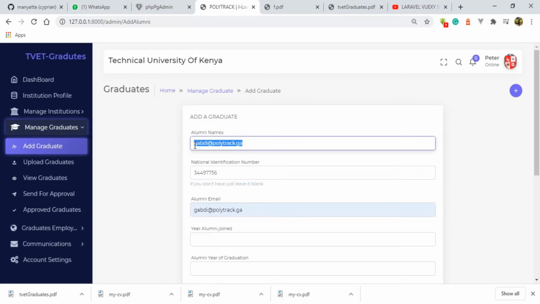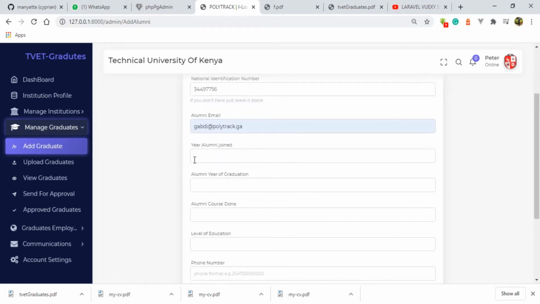So here I put the email instead of the name, so it's supposed to be just Abdi, like that. Then we have the year the alumni joined, maybe 2010, year of graduation 2017 maybe, course done